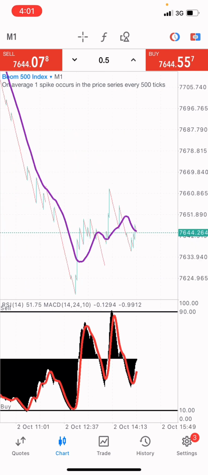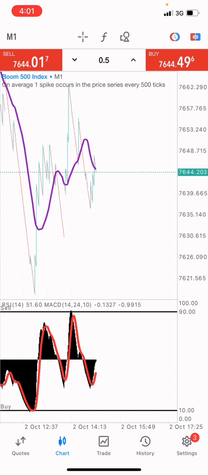All right, so we're seeing another high buy opportunity at this very point. Even though the buy opportunity is a bit small, all right, it's still a buy opportunity. Even though it's small, a buy market is always a buy market. So it doesn't matter how long the spike comes or how far the spike goes, as long as the spike comes and as long as you made that profit.